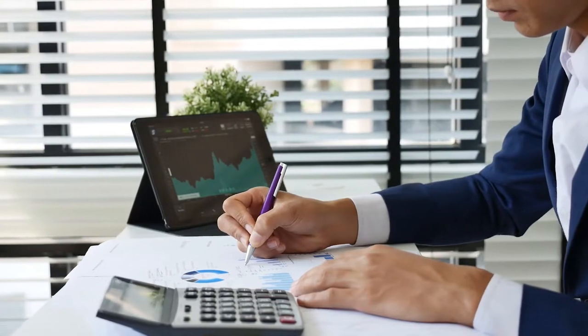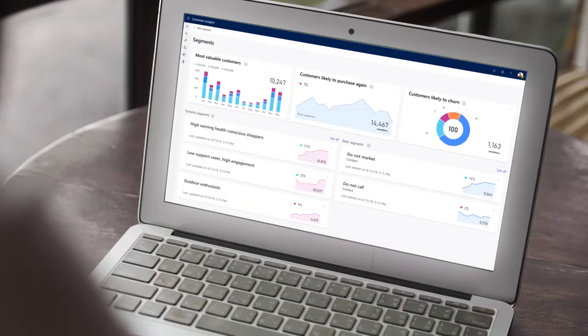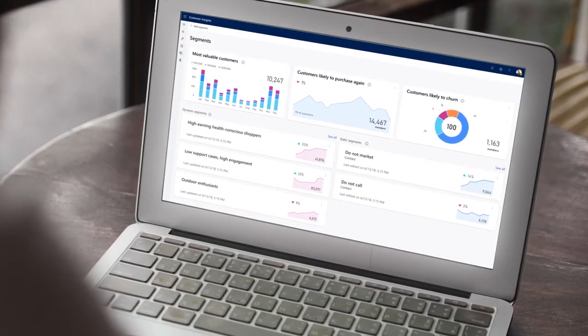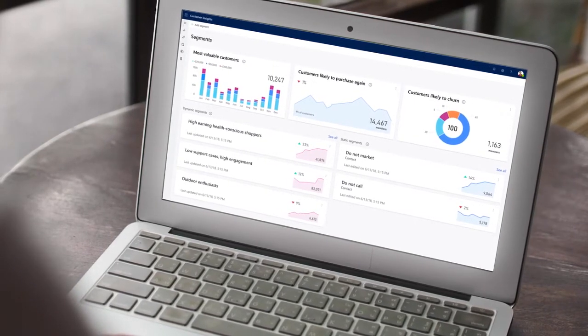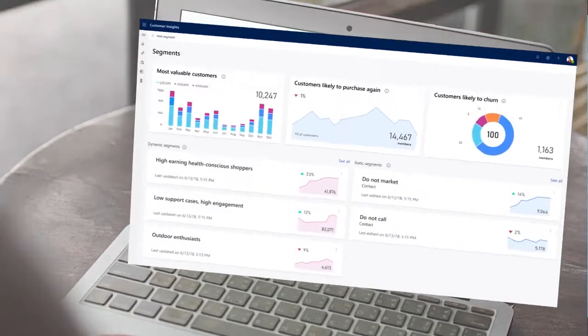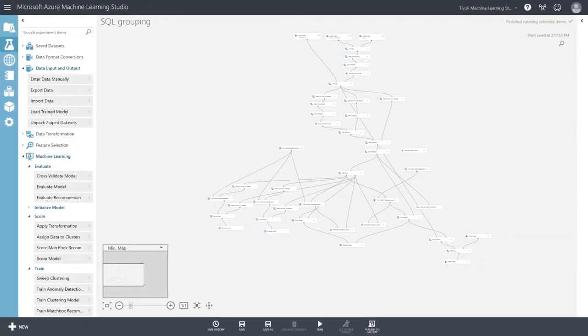Next, for the business analyst persona, Customer Insights becomes the source of truth for customer data and insights in an organization. This includes the ability to discover high-value customer segments or define new ones on top of that 360 view of the customer. Beyond that, Customer Insights enables powerful AI atop the 360 view of the customer and enables you